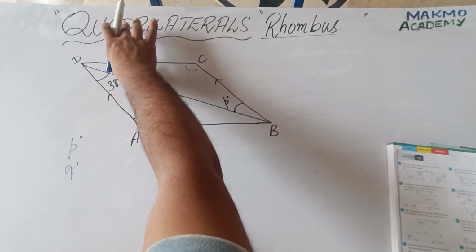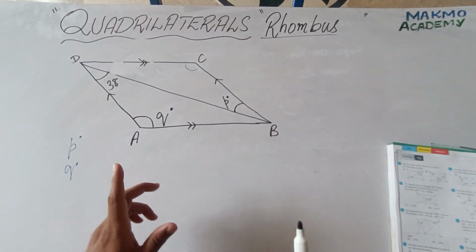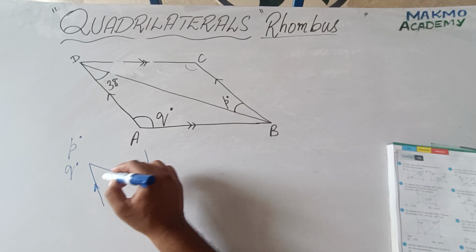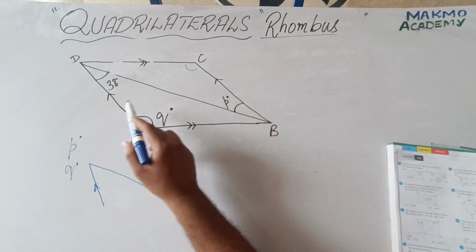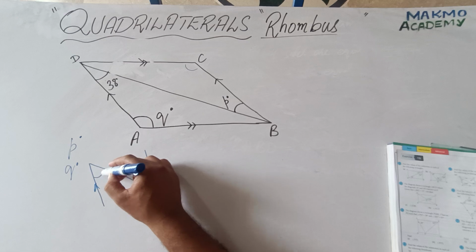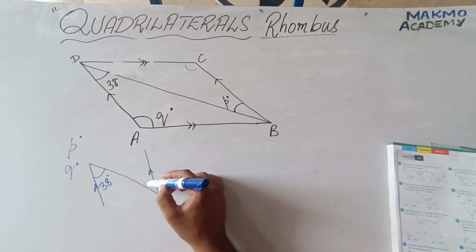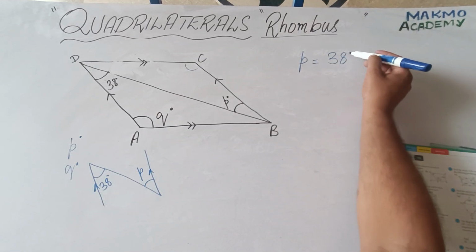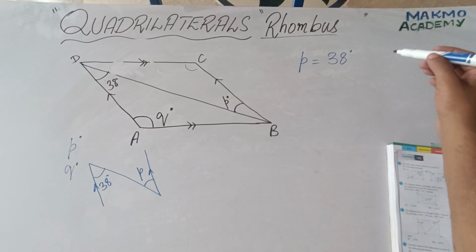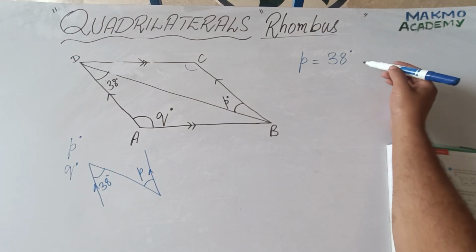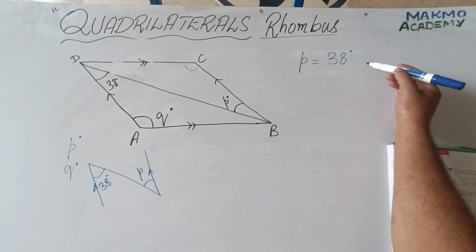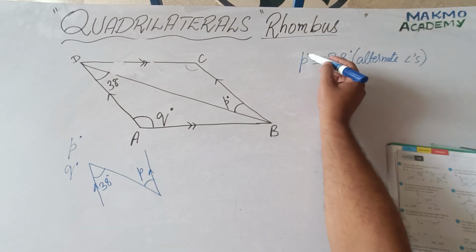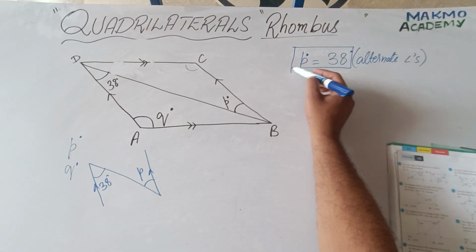And there is one more way. If you remember parallel lines and transversal, if two sides are parallel with each other, this line would work as a transversal, and here is written 38 and here is written angle P. So the size of angle P is equal to 38 degrees. According to which property? According to the alternate interior angles property. They are making a letter Z. So the size of angle P is equal to 38.